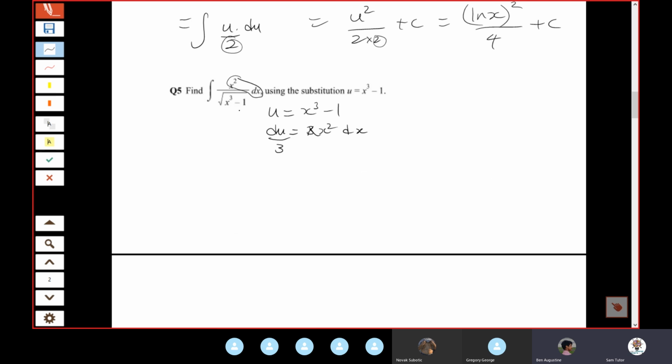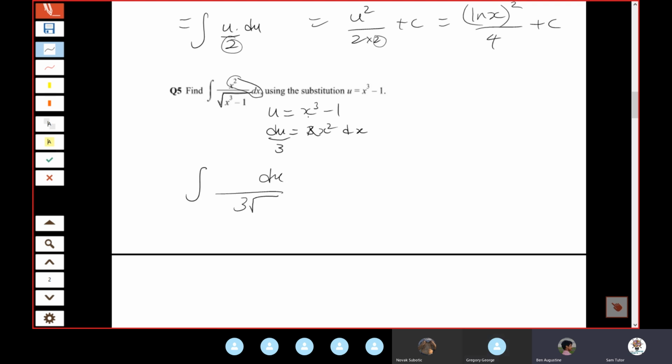So, do we agree with my first two lines? Yeah. Next one. x squared dx gets replaced for du on 3. Are we happy with that? Yeah. Bottom now is the square root